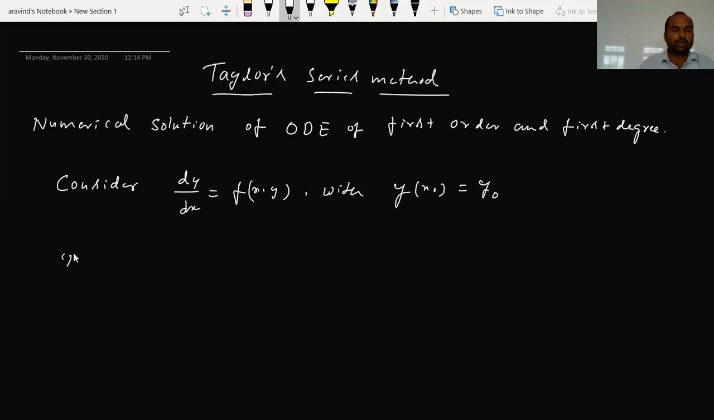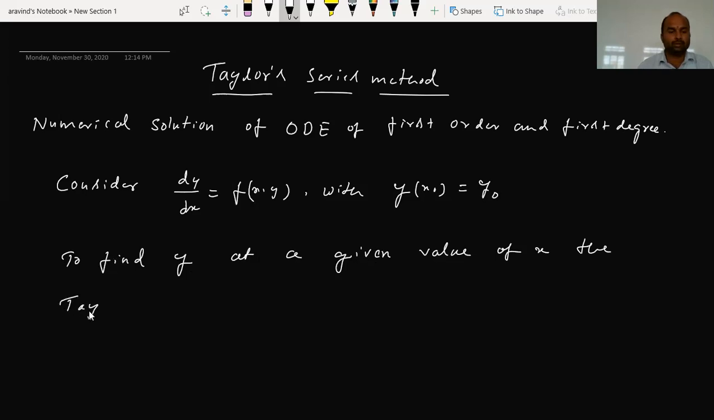Now we have to find y at a given value of x. The Taylor series formula is given by